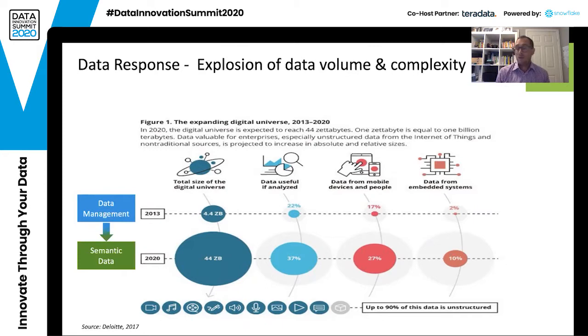Most of this data is unstructured: 90% of the data that we are retrieving today, or that is available to be consumed, is unstructured. You can see that the different types of data and where it's coming from are growing at such a magnitude that the old way of capturing data, managing data, and analyzing data just doesn't fit the forward-looking approach. So this is where we shift towards semantic data and knowledge graphs, and the approaches I'm talking about today are so important if you are going to leverage the benefits of AI, machine learning, and